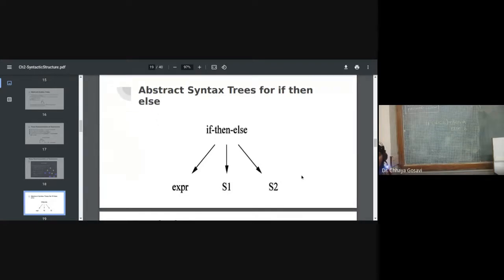So how do we draw a syntax tree for this type of statement, the if statement? Here if then else is our operator. Then the condition, A less than B, should be solved first. If the condition is true, then we will solve the A part, otherwise the B part.